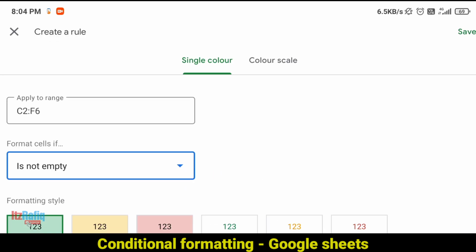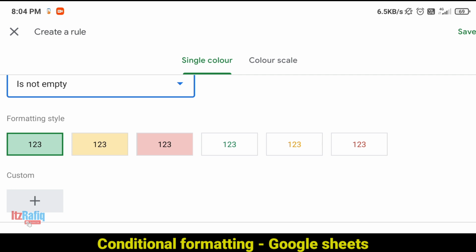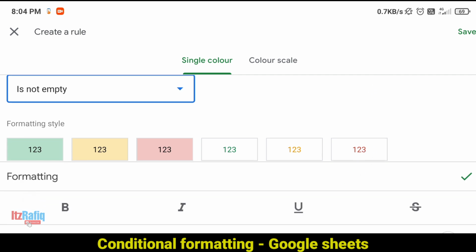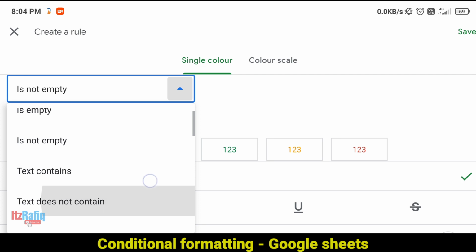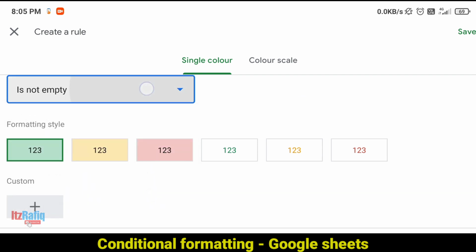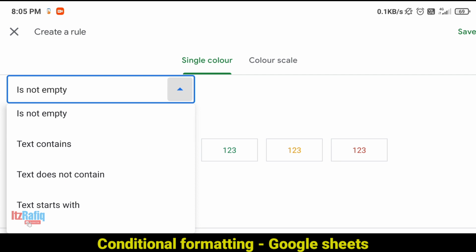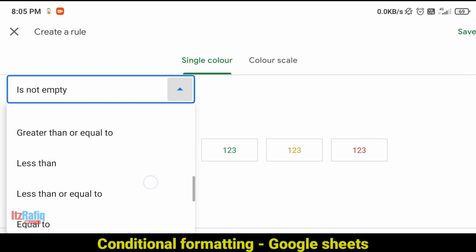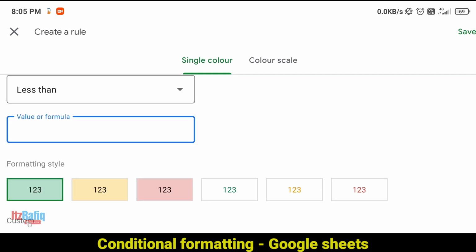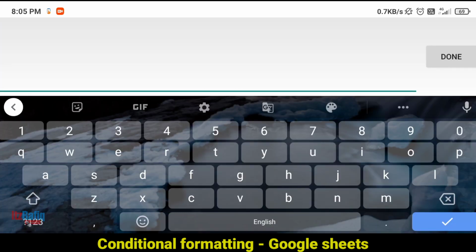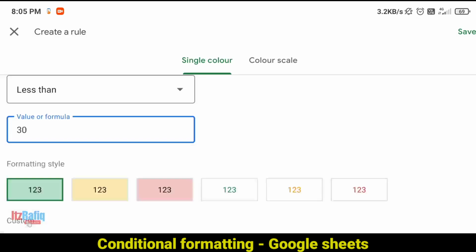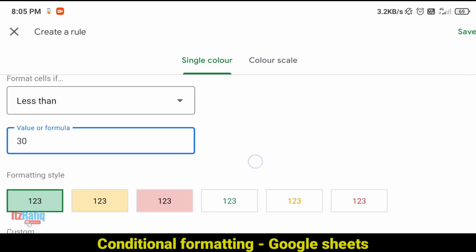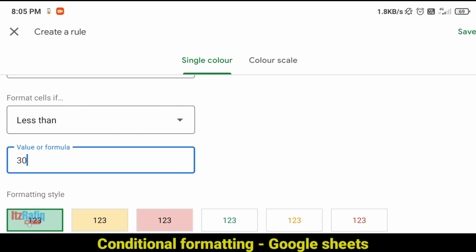In conditional formatting you will get custom, tap on custom, and you will see these options: is empty, is not empty, text contains. You slide it down and there you will get less than. So is less than, we will write the value as 30, meaning if the marks are less than 30, then it should display in red color.